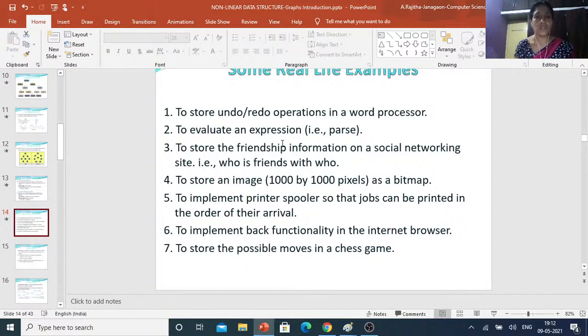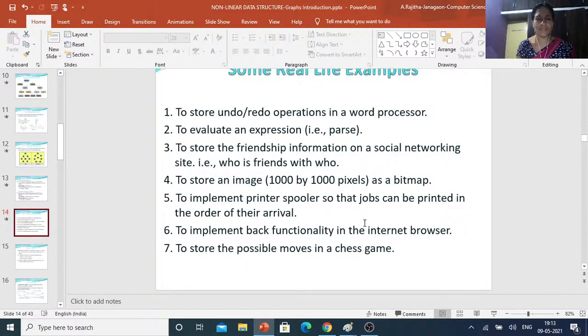To store friendship information on a social network, the graph data structure is used. To store an image as a bitmap, a two-dimensional array is used. To implement the printer spool, so that jobs are printed in order of arrival, a queue is used. Suppose a number of clients are connected to the printer and send requests; the one that arrives first is processed first.